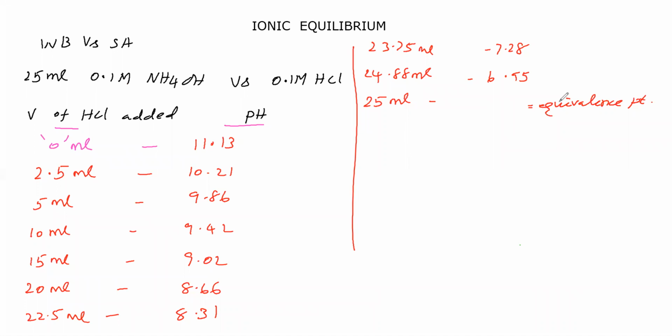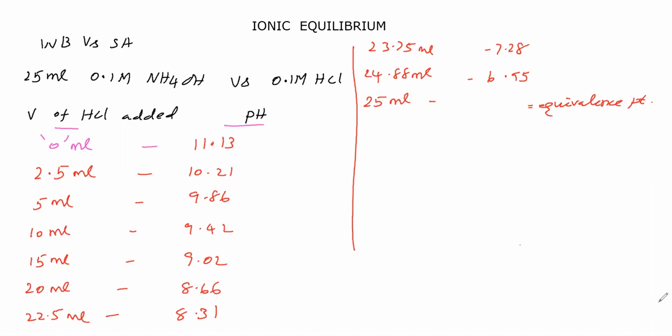Equivalence point means what? The reaction is over. What reaction here? Acid-base neutralization. That reaction is over in the conical flask. Will any HCl remain? No. Any ammonium hydroxide remaining? No. Therefore, what is the pH we are expecting? We'll see what experimental results we get. Then let us calculate. Is it possible to calculate the pH of the resultant solution? That also we'll see.